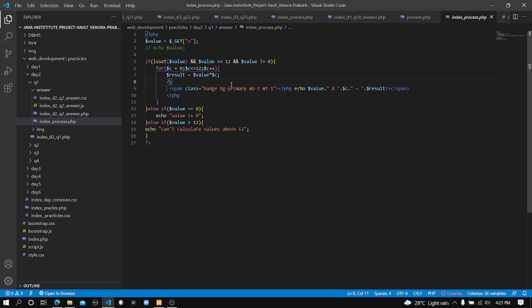Like that, this for loop will be executed 12 times until the c value is equal to the number 12. And in this for loop you can see there's another new variable called result, and there's a calculation: value multiplied by c. That means every time this for loop executes, the value in the value variable will be multiplied by the